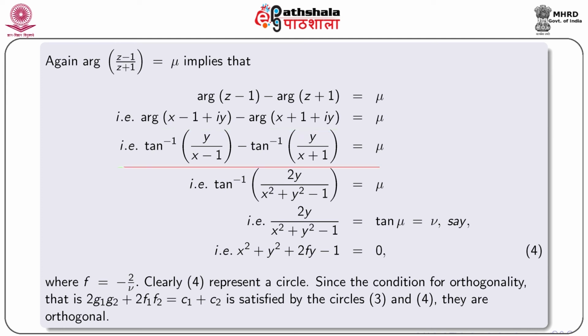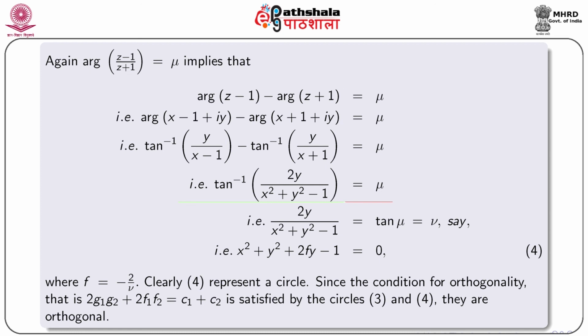That is tan inverse y by x minus 1 minus tan inverse y by x plus 1 is equal to mu. We know that tan inverse A minus tan inverse B is equal to tan inverse of A minus B by 1 plus AB. So, using this formula we obtain tan inverse of 2y by x square plus y square